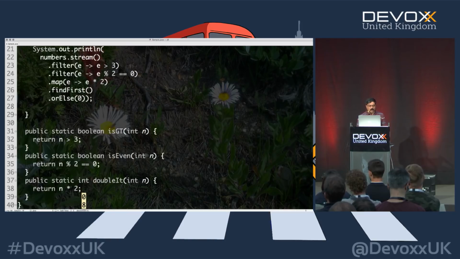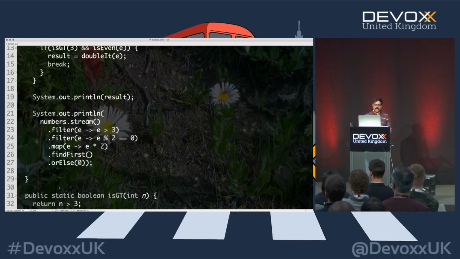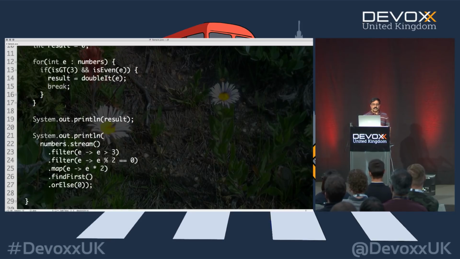And we are going to execute the code. And what does this really provide for us? If n is greater than 3, if n mod 2 is equal to 0, then we want to return a double of the value that we are using over here. So in this case, of course, if isGreaterThan of e is true and isEven, then we are executing it. But the question is, what's the performance?